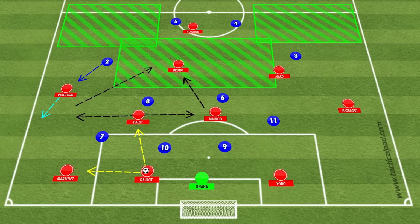Martinez, Dalot and Rashford all within a 20x20 area, this opens up a lot of passing lanes, with De Ligt able to go wide to Martinez, or alternatively he could split the opposition's wide midfielder and right-sided forward with a line-breaking pass into Dalot, who then has the ability to knock the ball off either side, but crucially because Højlund has retained a high position, whilst every other Manchester United player has dropped deep to aid in the build-up phase,